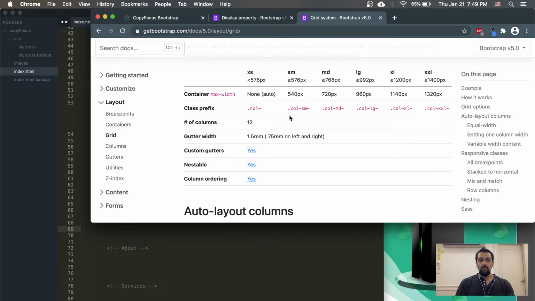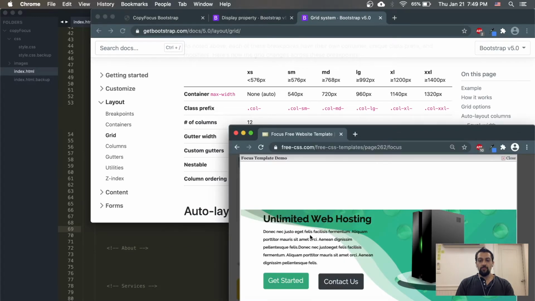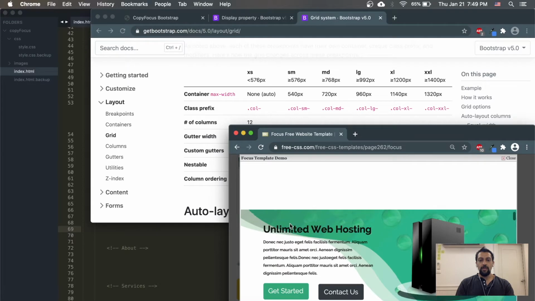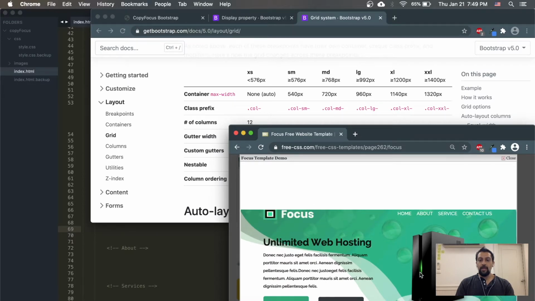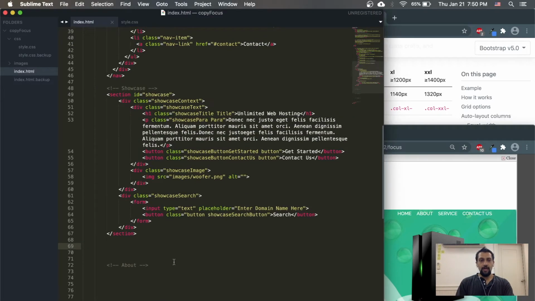ในสถานการณ์ของเรา เราอยากใช้ column ของส่วนนี้ We want to have a column for this whole section. The contact us, get started, unlimited web hosting. อันนี้ทั้งหมดจะอยู่ด้วยกัน และอันนี้ก็จะอยู่ด้วยกัน So we want to have two separate sections. One for the picture, one for the text. So the way we implement that is put them both into a row. เราจะใส่ทั้งสองสิ่งนี้ข้างใน row แล้วข้างใน row จะมี 2 column มี column ของ text มี column ของ image